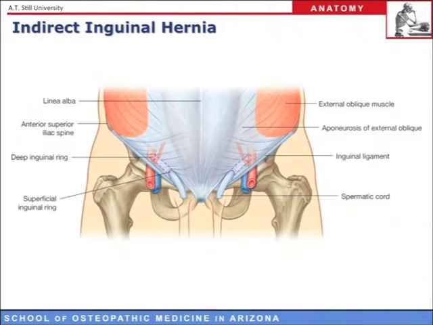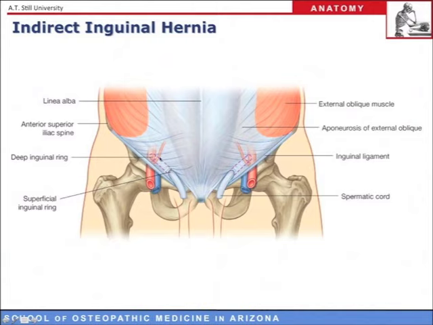So that was a rather simplified view of the processus vaginalis, and we want to see next a better view, an anterior view, so that we can see the real path of an indirect inguinal hernia through the abdominal wall. And so for that we need to have a better understanding of the anterior abdominal wall, and I want you now to look here and see that this is the location of the inguinal canal right here, demarcated by the